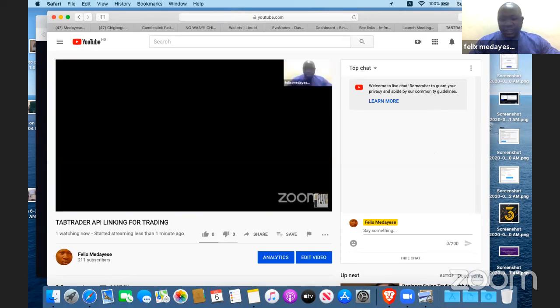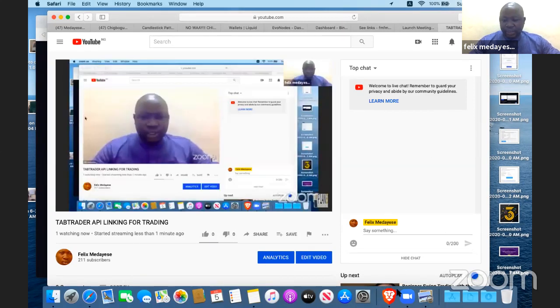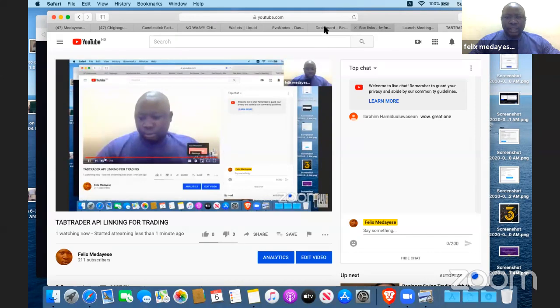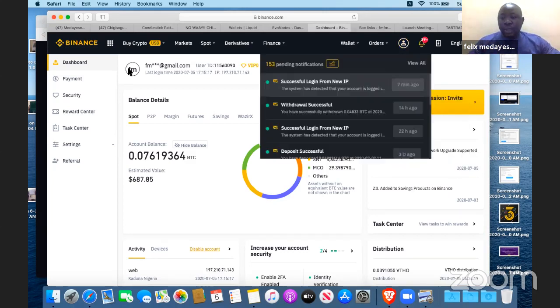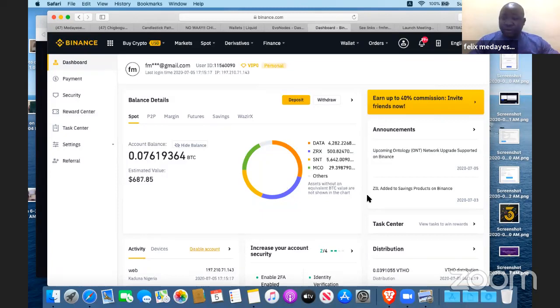Okay, so let's just pick it up now. Simple thing to do. Going to Tabtrader, right? But the first thing is that you need to know how to link your API with Tabtrader. So the first thing is that you're going to go to your, if you are using phone, whichever one,